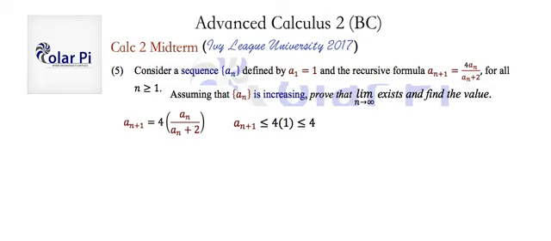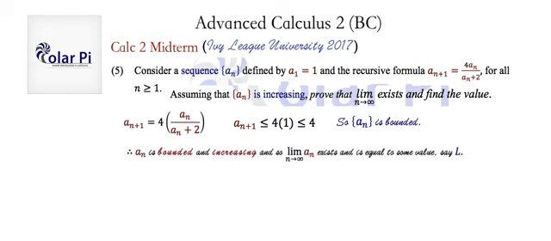And here is where the monotone convergence theorem comes into play: if you have an increasing sequence that is bounded, then it converges, and it converges to its supremum. The theorem could also be stated for a decreasing and bounded sequence, which converges to its infimum. Anyway, as we just said, a_n is a bounded sequence, and so since it's bounded and increasing